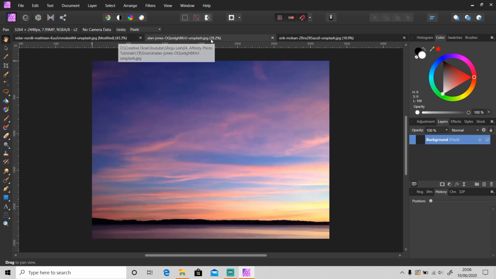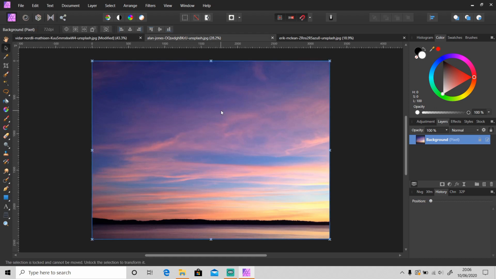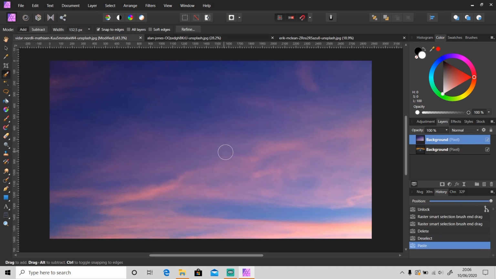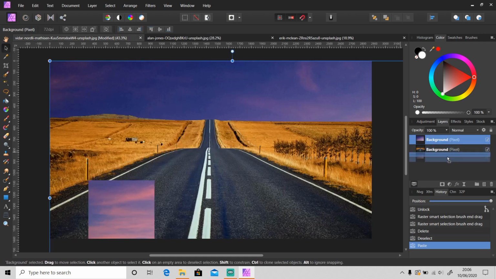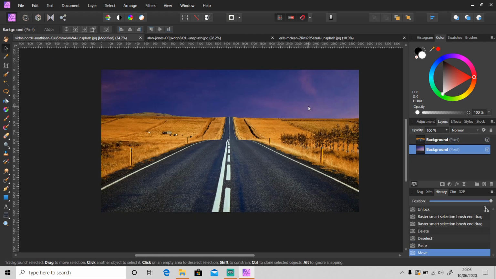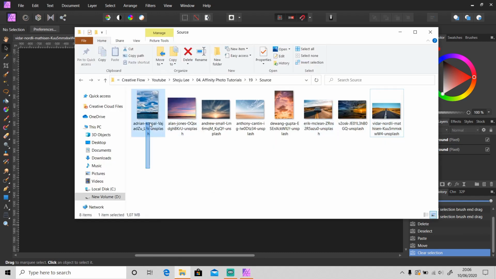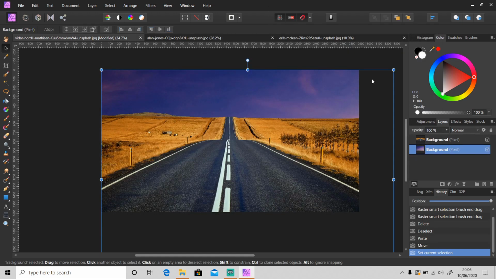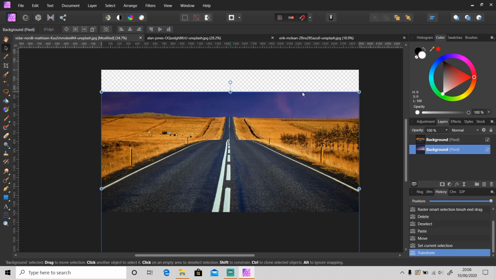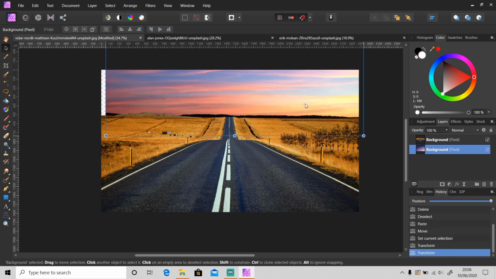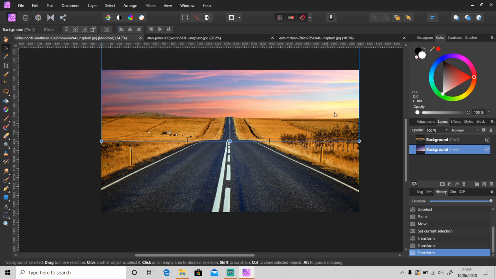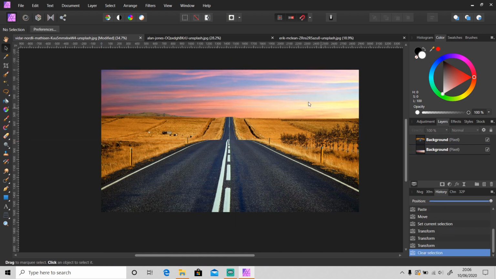And I'm gonna replace the sky with this photo. Okay, so I will also include these different skies so you can practice using these sky photos. Okay, after that I'm gonna